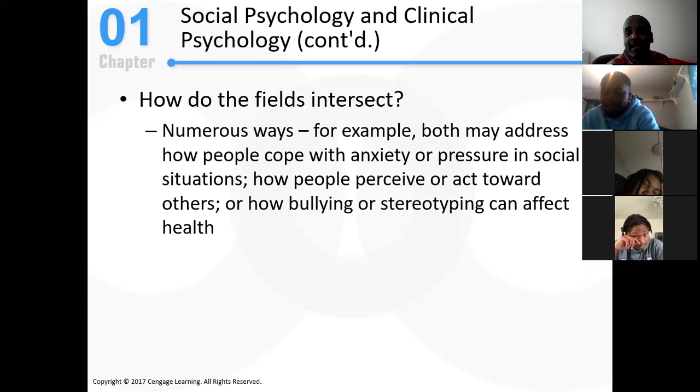You may not be able to get those values as much outside of the space, so you're doing it so that you can be influenced. If you want to be a really effective social worker, Michael, I want you to be around other people that are really passionate and good about that work. That makes sense, right? So there are numerous ways. All these fields, in many ways, it's disingenuous to isolate them because they interact in so many different ways.